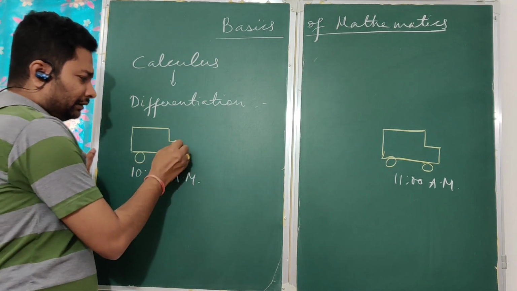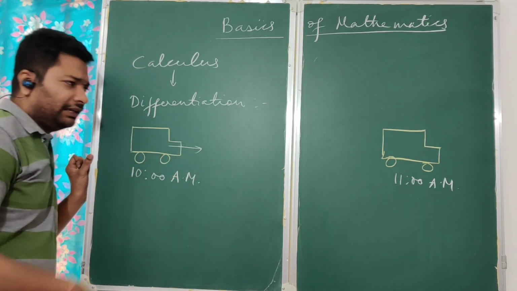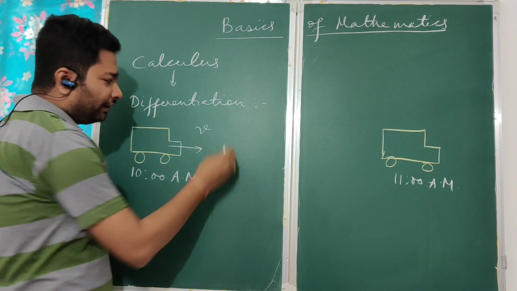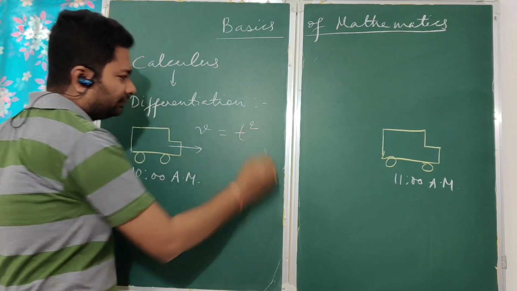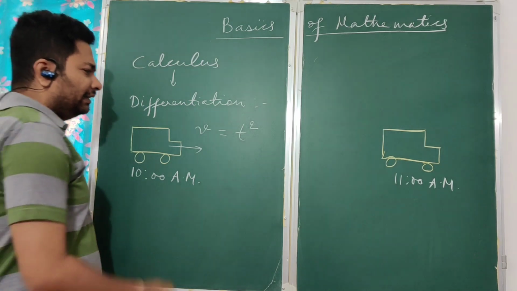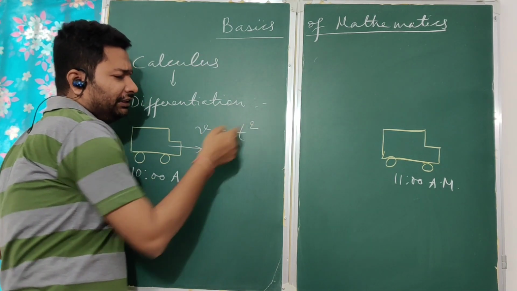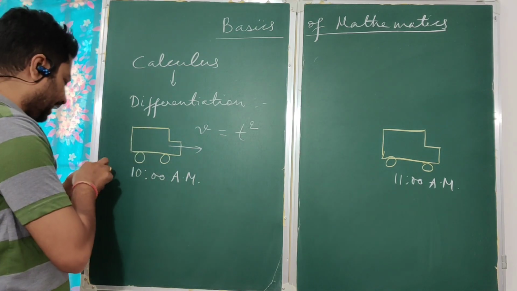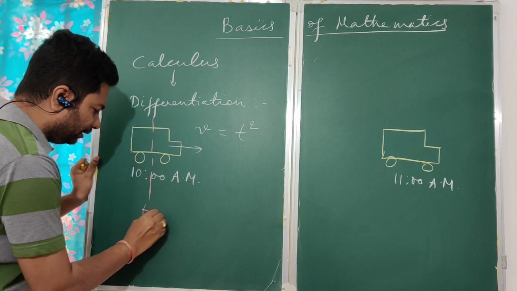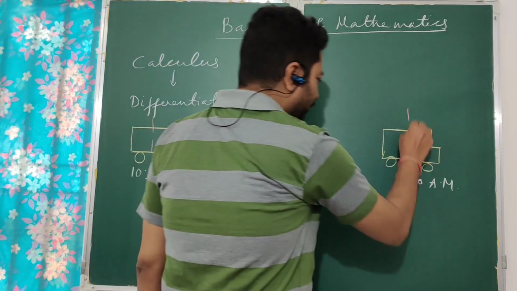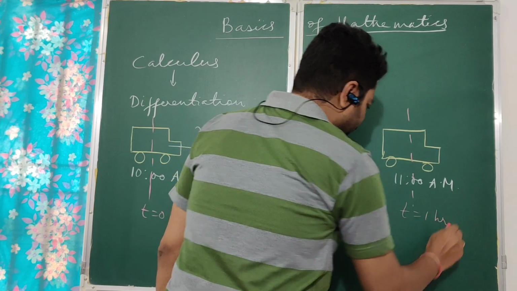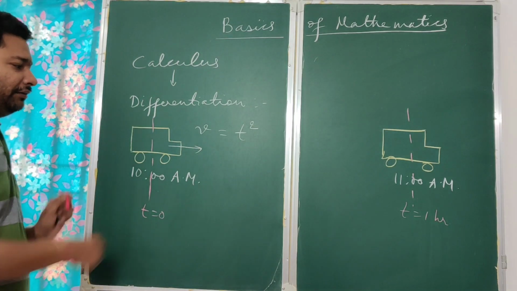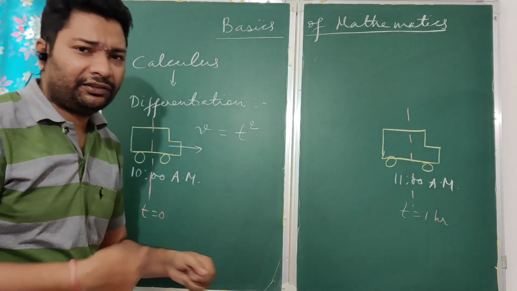So now let us say this car is having the ability to move with some velocity v, and this velocity is changing. Let us say approximately we can say that this velocity is changing with t square. So at different instants of time its velocity is different. So you can say that this is our t is equal to 0 moment and this is t is equal to 1 hour. This time interval is 1 hour, and velocity at each and every instant is not the same, it is changing.